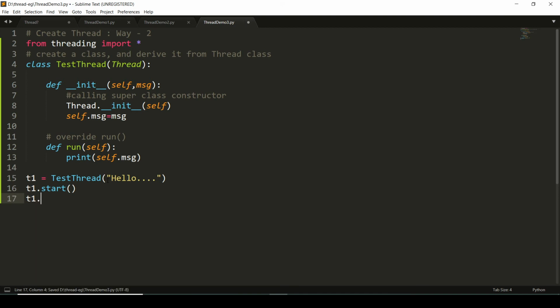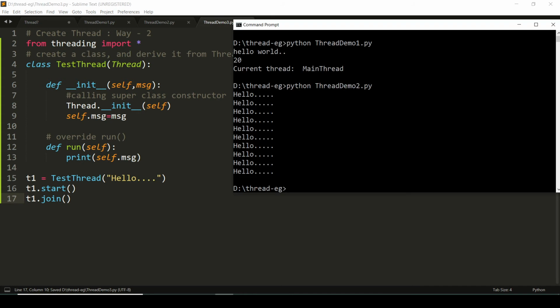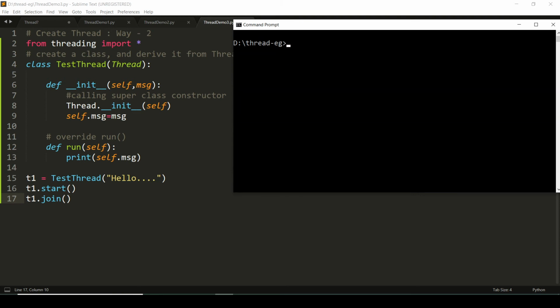Now there are two threads running. One is the internal thread, and the other one is the thread which I've created. So I'm writing a join method. The join method will wait till the thread completes its execution. So let's check this one. I will clear my screen and run thread_demo3.py.